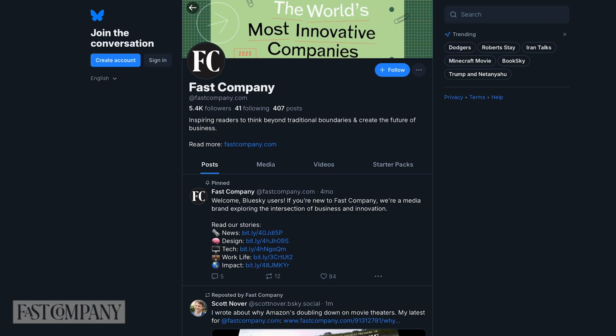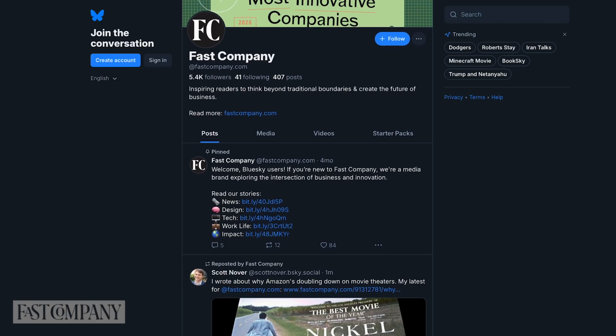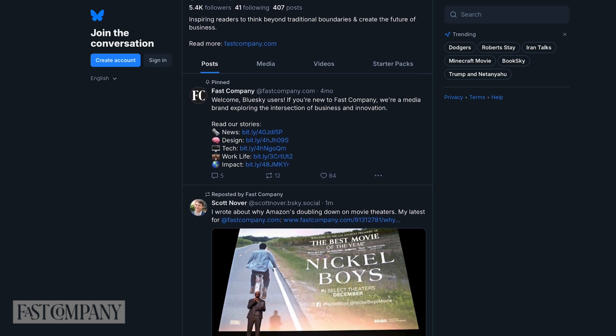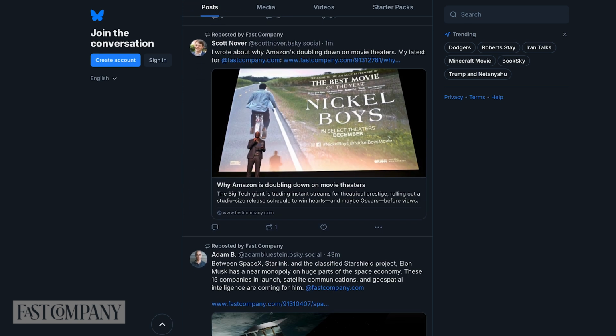Now all of these features I just described are great, but they don't really matter if no one uses the platform. That's why Bluesky also found ingenious ways to onboard users and get them posting quickly. For one, Bluesky's interface looks a lot like Twitter's. The company decided to focus more on how content is presented instead of reinventing how it all looks. This makes it easy and intuitive for users who are migrating over to get posting immediately.